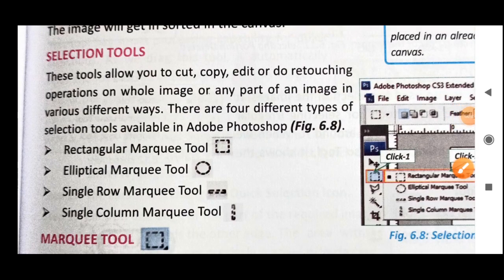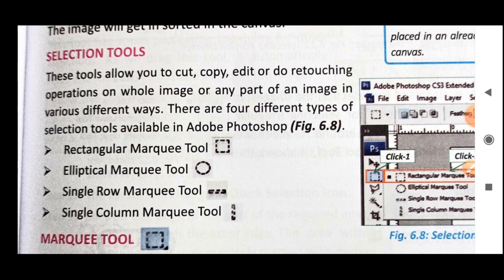There are different types of tools available. So with the help of those tools we are able to perform different actions in Adobe Photoshop. The first tool that I am going to discuss is the selection tool. So what is the selection tool? With the help of the selection tool you can select the part of the image which you want to edit. There are a few tools through which you can select a particular area in a regular format, like if you want to select the image in a rectangular or elliptical shape, you can do it with the help of those tools.